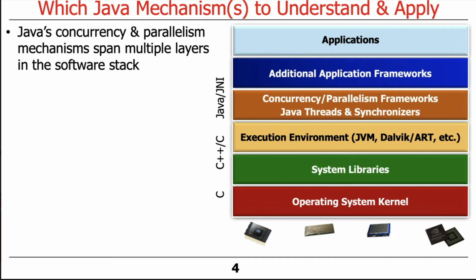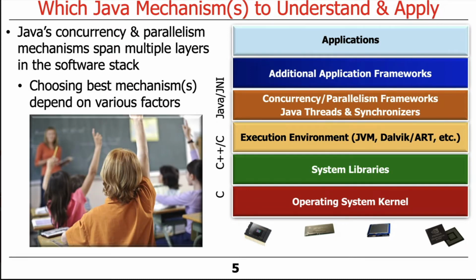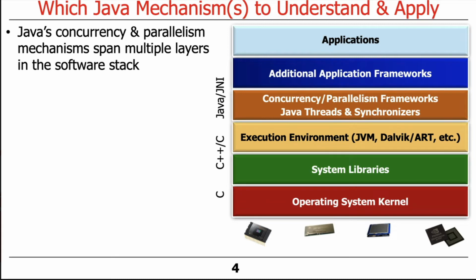This is kind of the Android stack, but if you looked at iOS, you'd see a similar stack. If you looked at Linux and abstractions on Linux, you'd see a similar stack. So this is by no means just related to Android or Java. But Java's concurrency and parallelism mechanisms span multiple levels. You can see here there's some things that take place in the operating system, like operating system kernel threads. There's some things that take place in system libraries, things like programming the POSIX pthreads abstractions, which is a threading